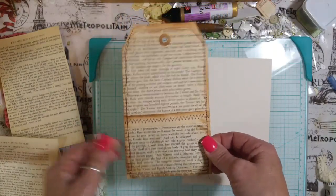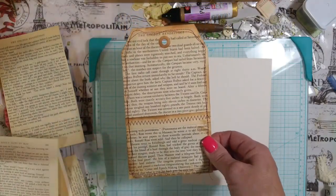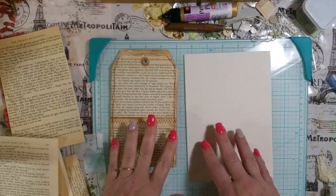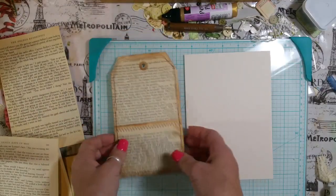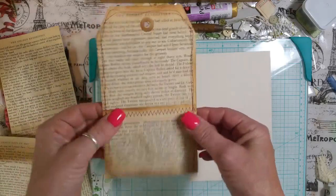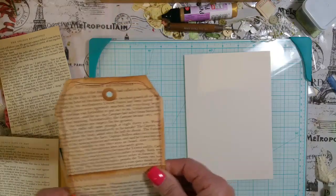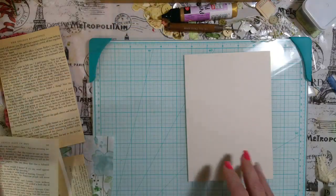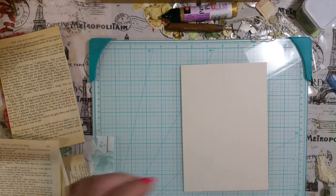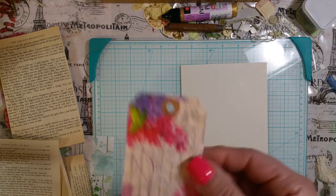can go watch hers too, because she has other things that she made on her tutorial also that you guys might want to create as well. And everyone was asking me how I did this, and I will show you. For my tags, these little tags that I was making right here,